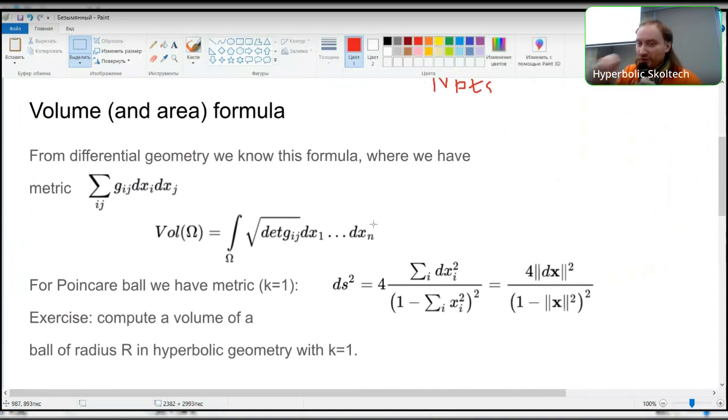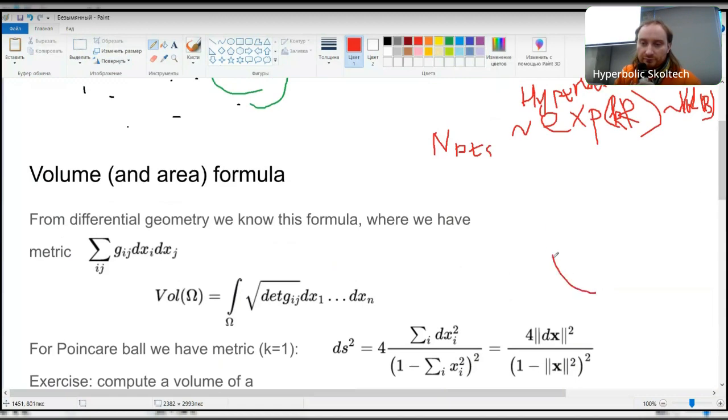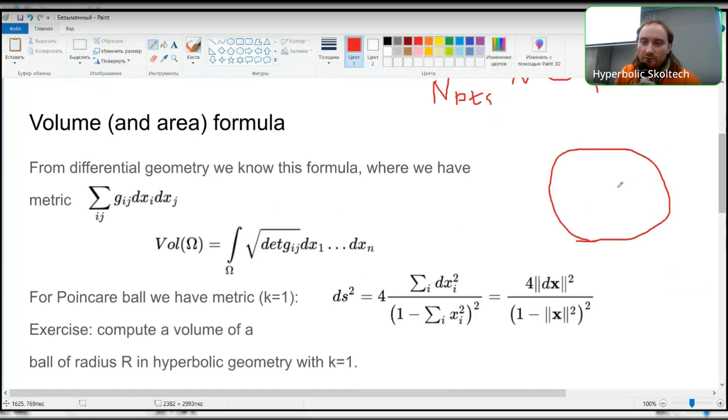Well, for hyperbolic geometry, there is a standard trick. If you are working in the Poincare ball, or probably the Klein ball, then all the points are equivalent to each other. So you can just put your ball in the center of your Poincare ball,